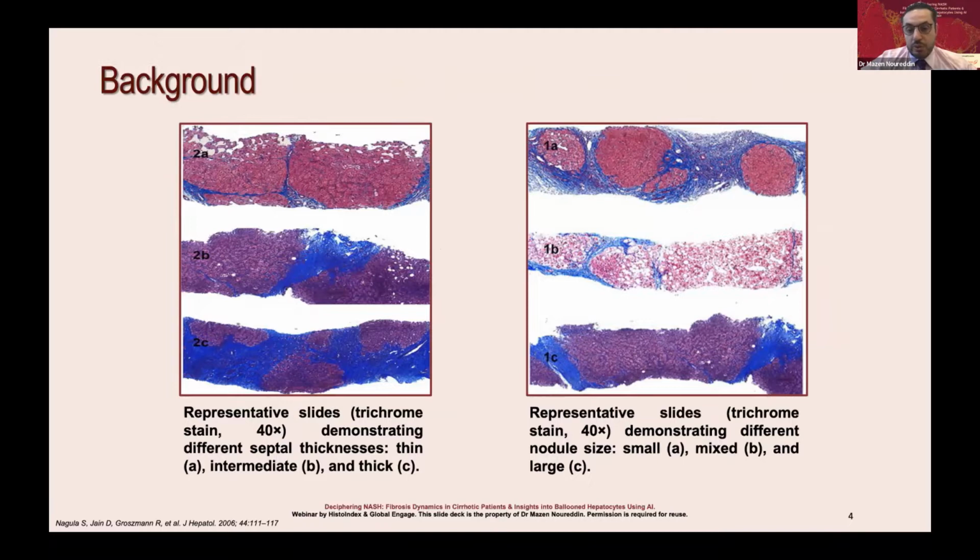I show you on the right, for instance, different sizes of nodules. Look at the top, the nodules are different from the nodules in the middle, that they look mixed. They mix between small and larger, and on the bottom you have larger nodules. Also on the left, I show you the septum. And don't tell me the septum on the top that looks thin is similar to the one in the middle, like the patient in the middle has kind of a thin septum on the left side and a larger one on the other side. This stiffness will be different than this stiffness.